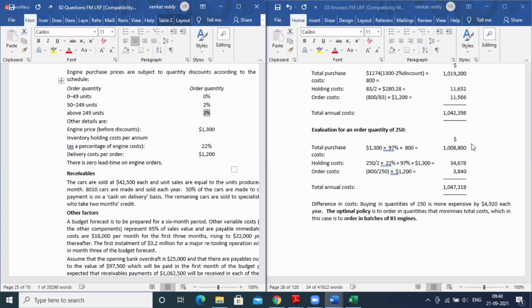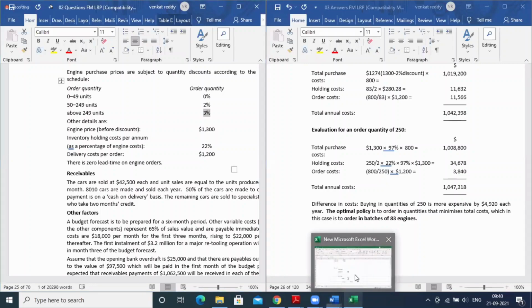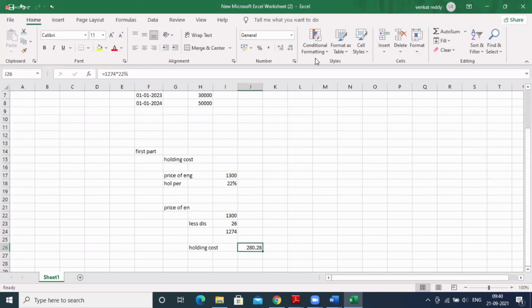Then again you should calculate the holding cost. How many units are you ordering? 250. So how will we get the average? 250 divided by 2, into the holding cost. Actually the holding cost is how much? 22%, right? So 22% into 97% into 1300. If you find it difficult, we can also calculate it like this. The holding cost is equal to